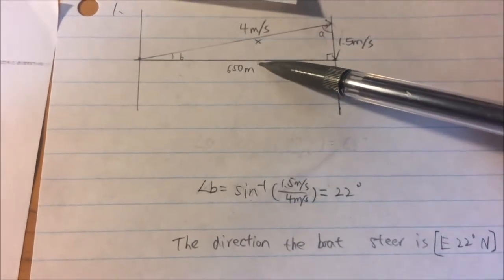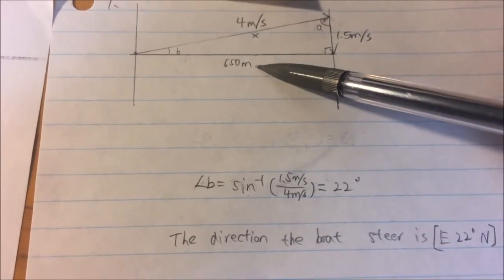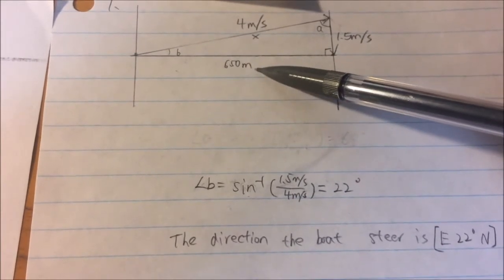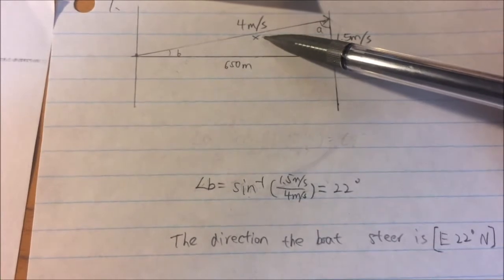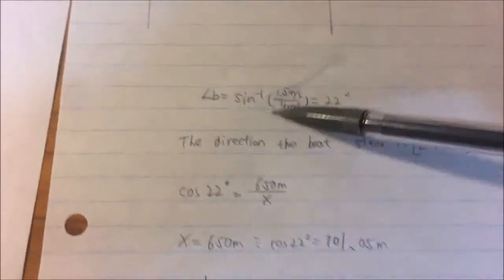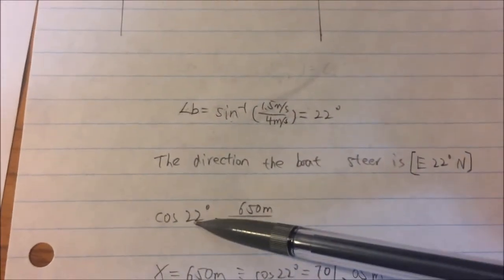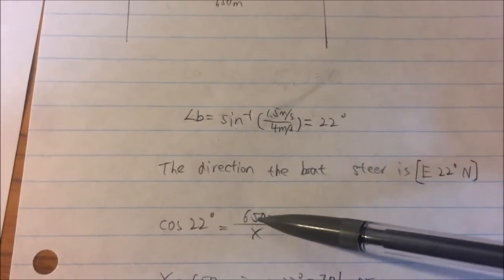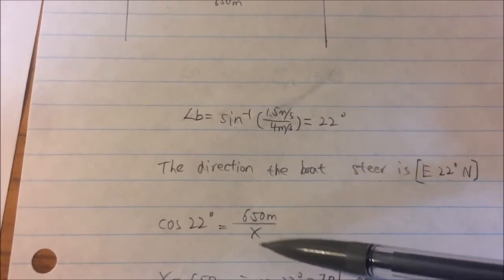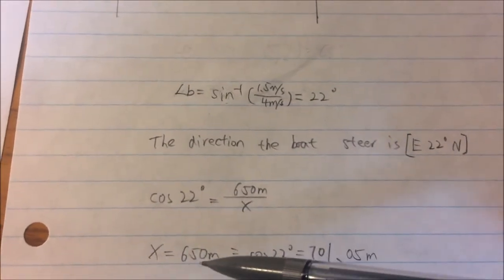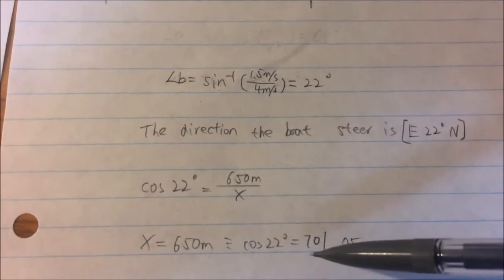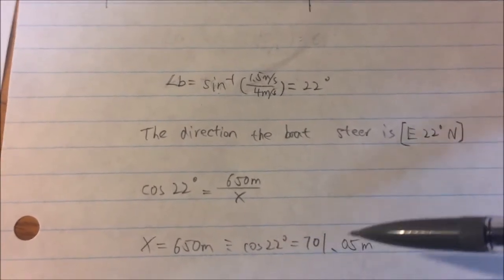So actually we can use cosine. This is 650 meters, and we set up this side as x. As you can see right here, cosine 22 degrees is equal to 650 meters over x. So x is equal to 650 meters divided by cosine 22, which is 701